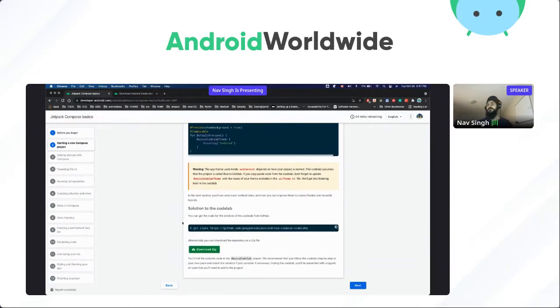And if you are not able to go through it, at each step at the bottom there is the code for the codelab, but don't go there. We will do it by our hand, and then if at the end you find any issues, you can just open the final solution and see where we are running behind or if there are any issues. Okay,